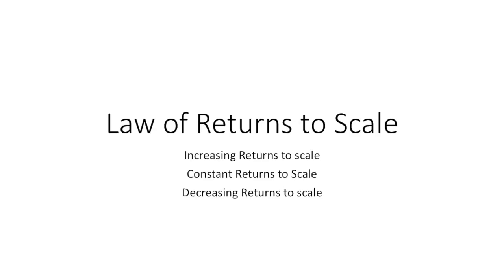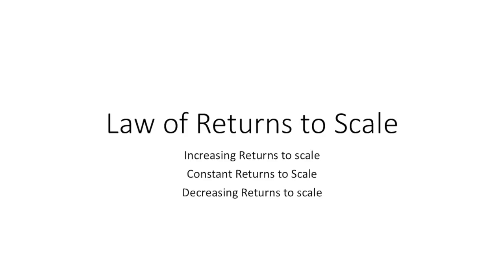Today, we are going to learn about laws of returns to scale. This is a long run concept where both fixed as well as variable factor inputs are changed to maximize the output. In returns to scale, all the factor inputs like land, labor, capital are increased or decreased in the same proportion irrespective of the scale of our production.